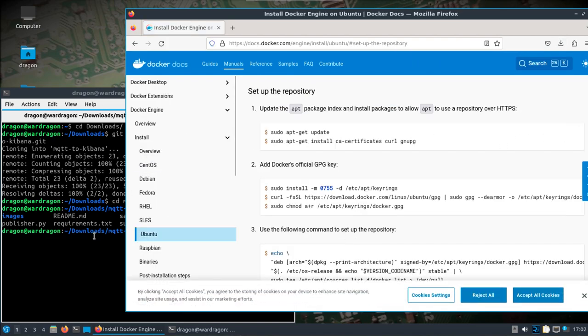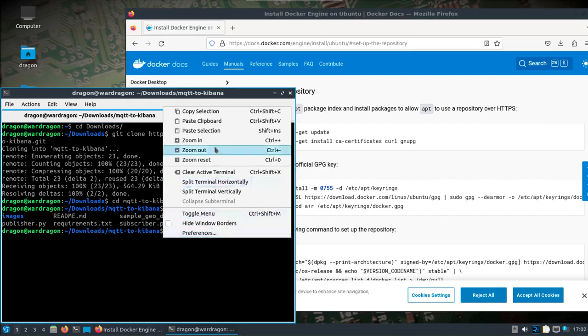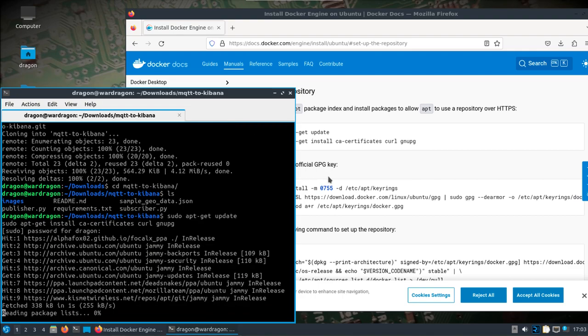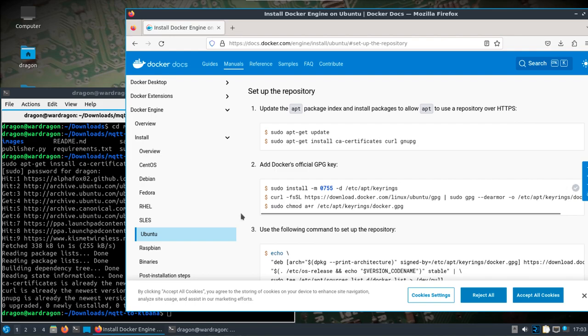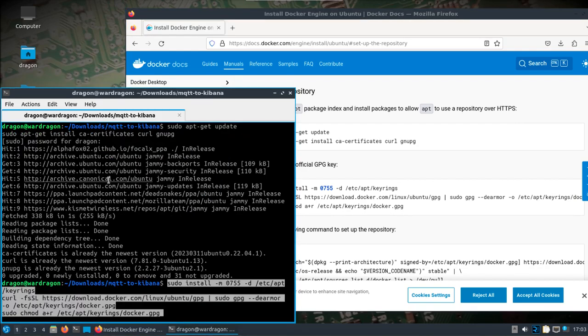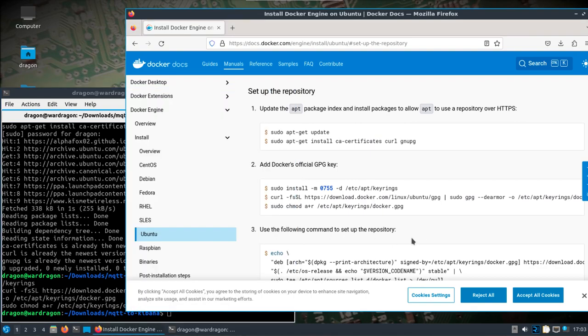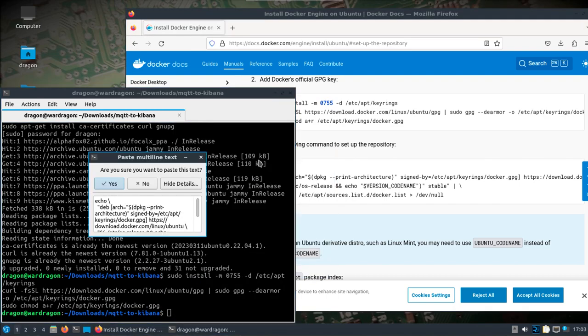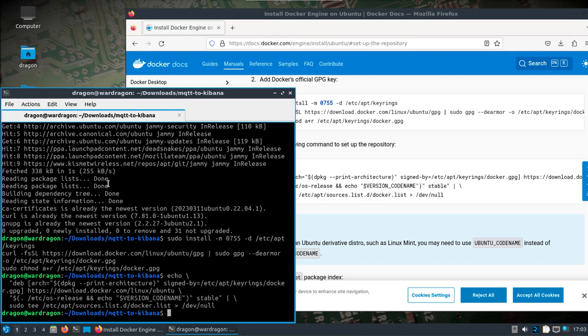I will do about the first 3 or 4 steps here, and you'll see why in a second. Just copying and pasting. We'll set up the repository we're going to need for some packages that'll